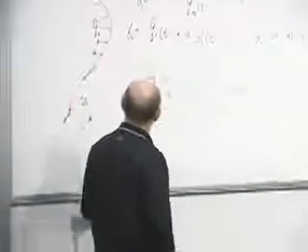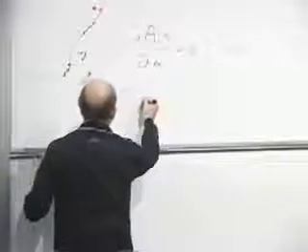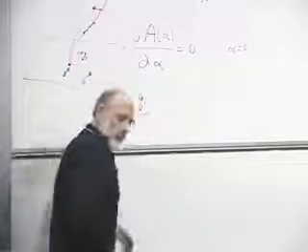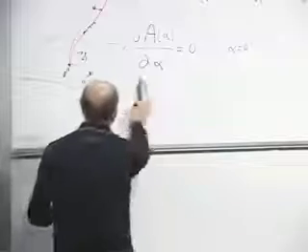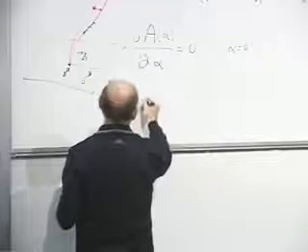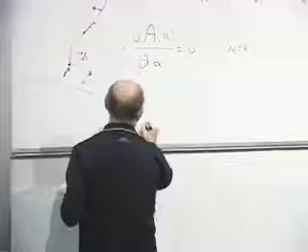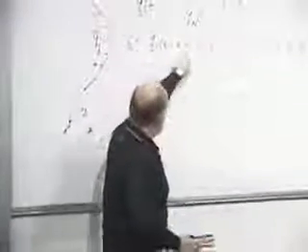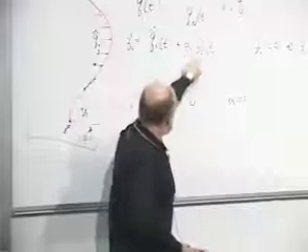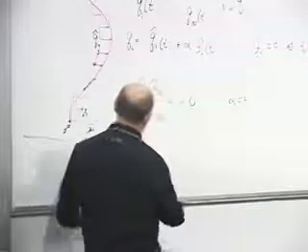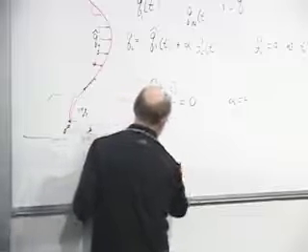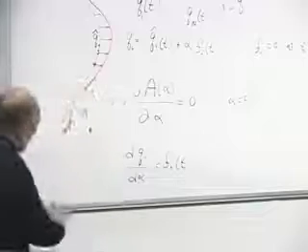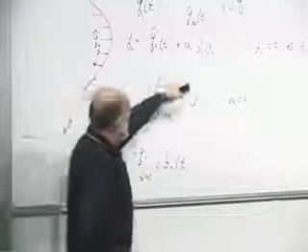Now what's the derivative of Q sub i with respect to alpha? It's just an ordinary derivative. I don't need to write partial derivative. Well, we'll just look at this. This doesn't depend on alpha. This does depend on alpha. So the derivative of Q sub i with respect to alpha is just f sub i of t. The change in Q when you change alpha is just f sub i of t.